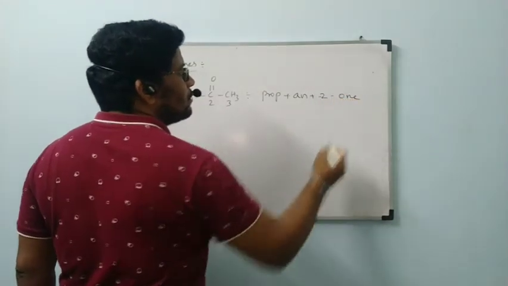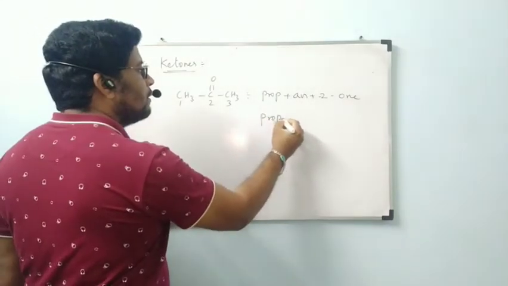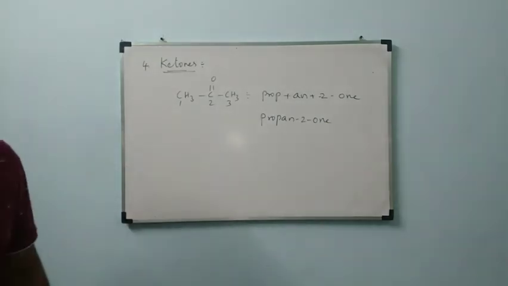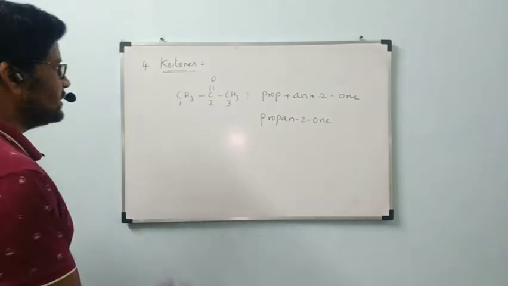Then 2-one. Then the name of this compound will be propan-2-one. Then the name of this compound will be propan-2-one. Next,